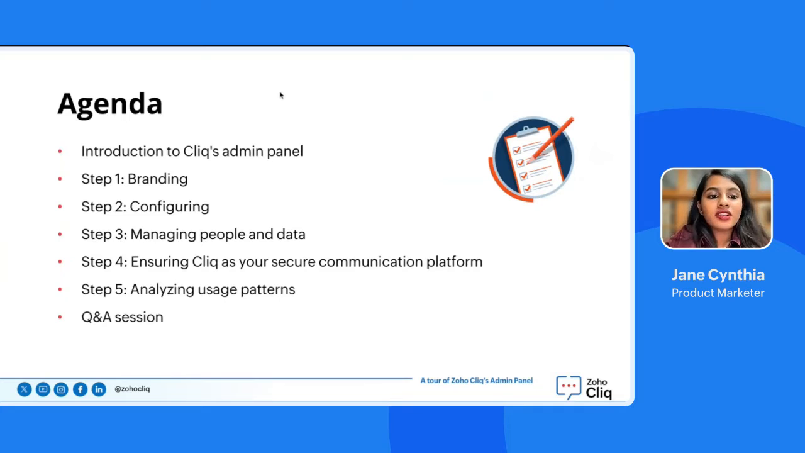Following that, I'll demonstrate how you can effectively customize Cliq to shape the way your organization members communicate and collaborate. Next on the agenda is exploring how you can effectively manage both people and data within your organization through Cliq. We'll then shift focus to how you can exercise control over your organization's security using Cliq, ensuring a secure and